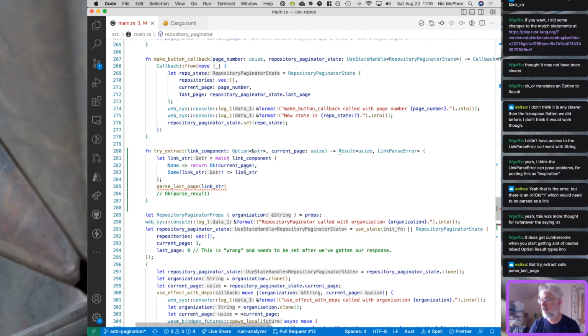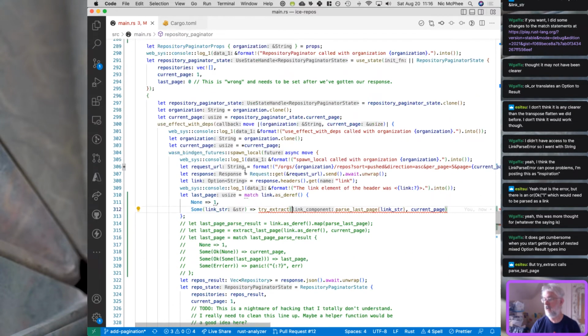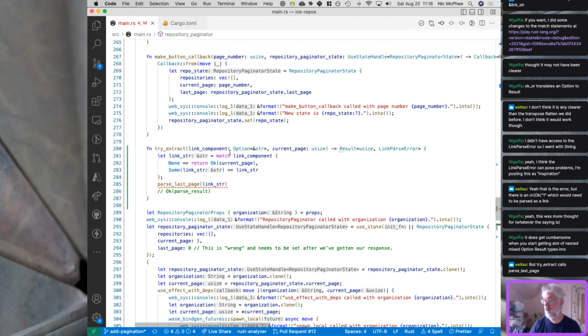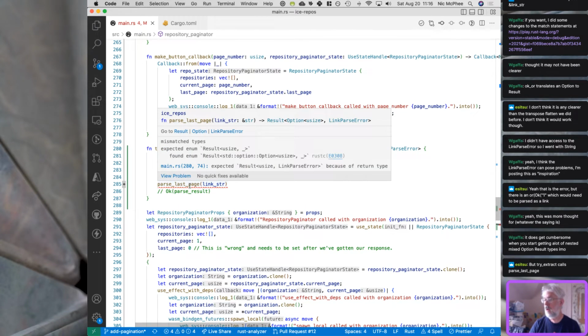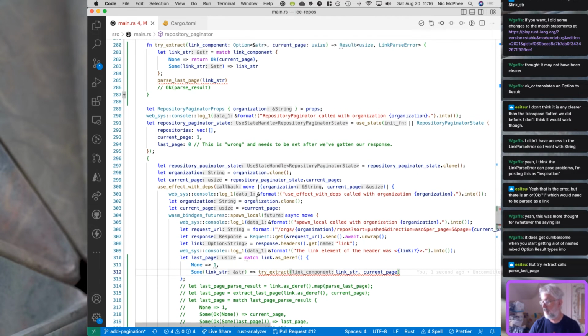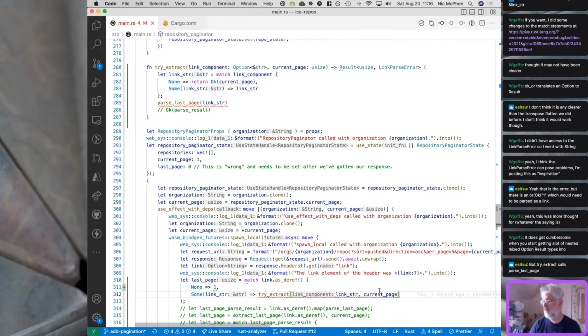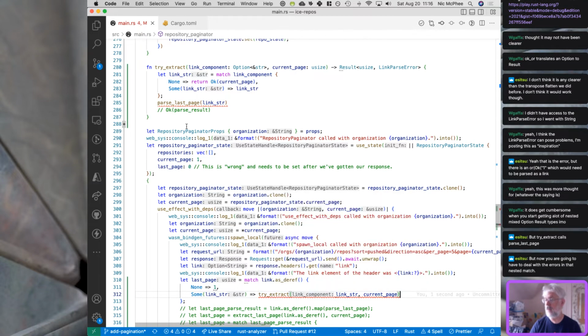Oh, try extract calls parse last page. Oh yeah, you're right. Good grief. So we really just want that. I obviously need a nap. Okay, so now we've got issues here. Oh, and this wants to be a usize. So we're going to have to do something about that. But let's deal with,